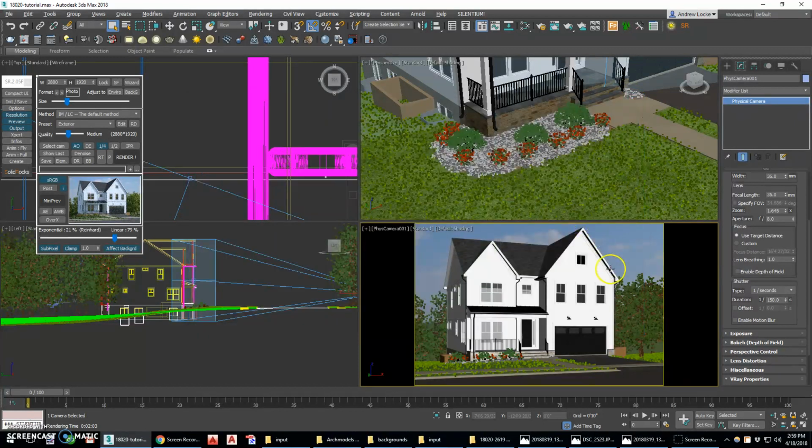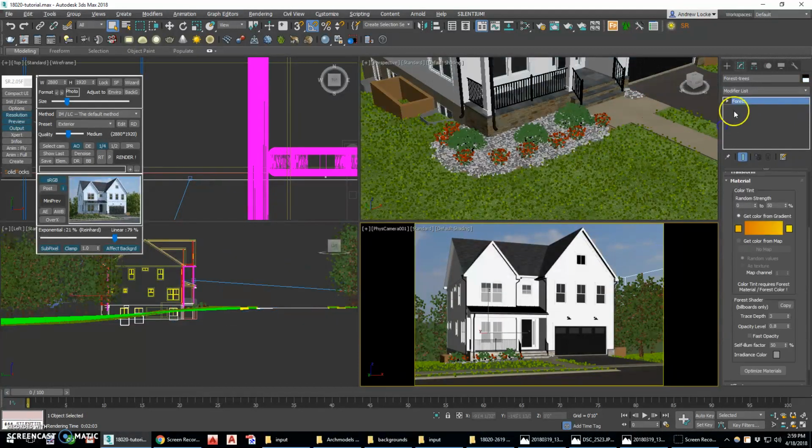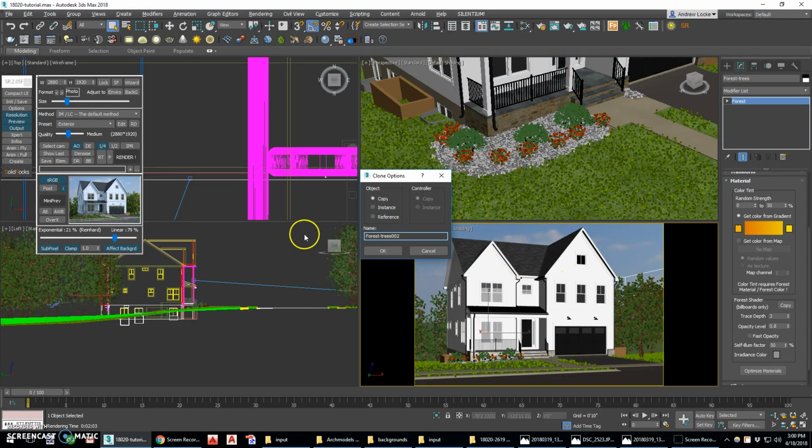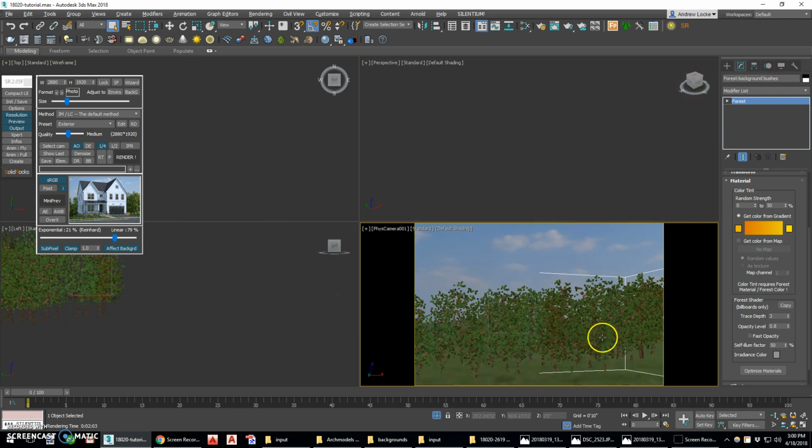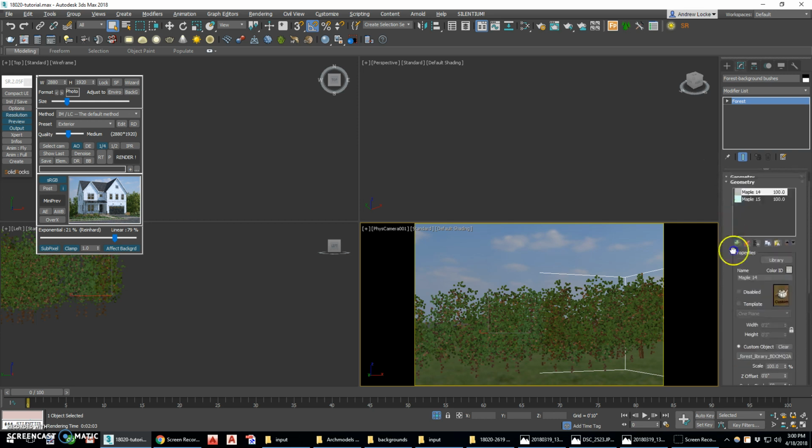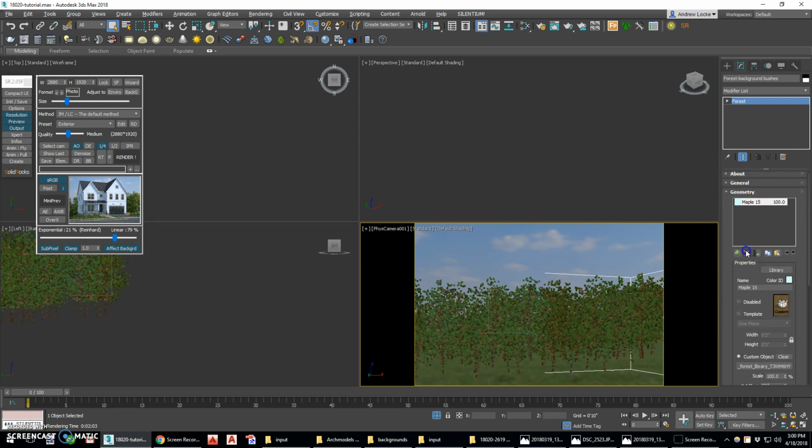So what I'm going to do, again, is start with this forest tree object and clone it to a copy. It's going to take a second because it's copying all the geometry. And I'm going to rename it, we'll just call it background bushes. I'm going to isolate that object so I can see what I'm dealing with. Again, it's a copy of the trees right now, so what I want to do is change the geometry. So I'm going to delete one maple